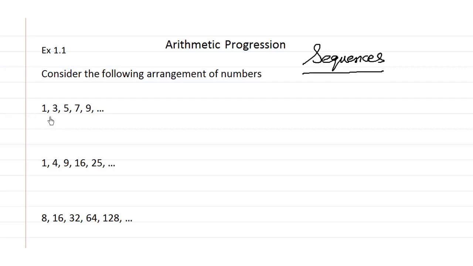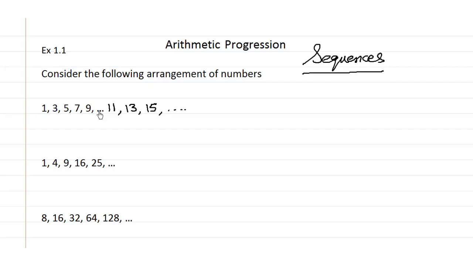As you can see, 1, 3, 5, 7, 9 are odd numbers. So we can guess that the next number should be 11, and then the next number should be 13, and the next number should be 15, and so on. So all these numbers are in a sequence, which means that all these numbers do have some special function